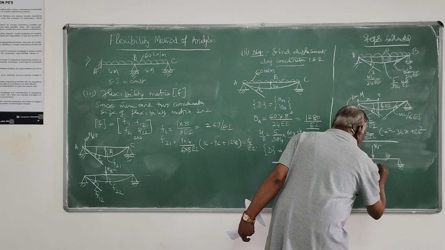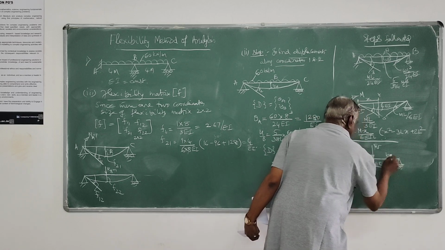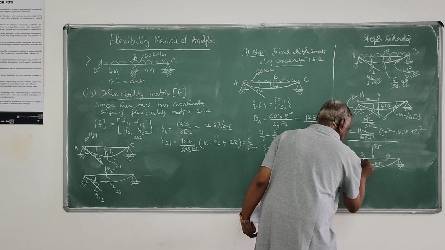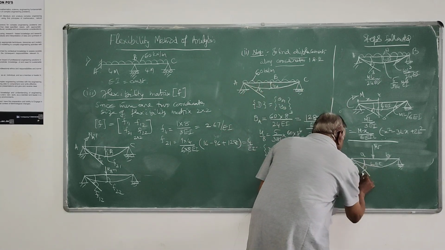L is the span, EI is the flexural rigidity, it will displace like that, and this rotation here is given by